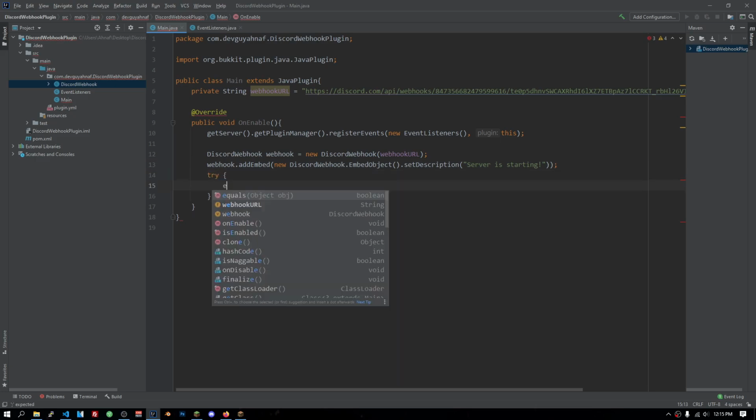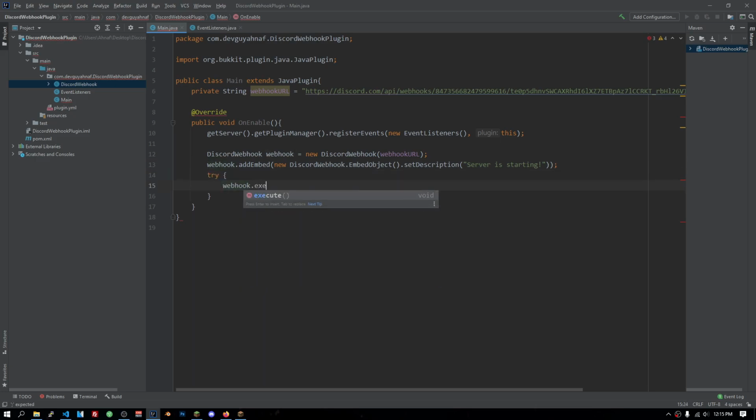All right, so we have this, and now we will try to execute this webhook. So try webhook.execute, and this shows an IO exception, because it might throw an IO exception. You see, unhandled exception java.io.IOException. We can just catch this exception,